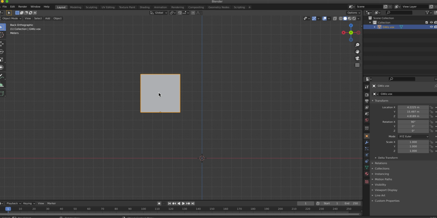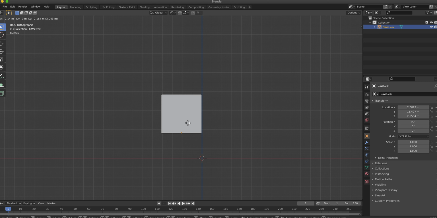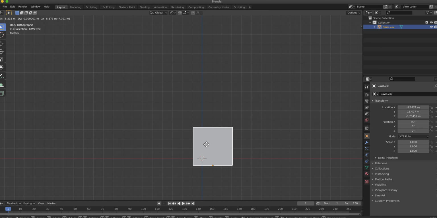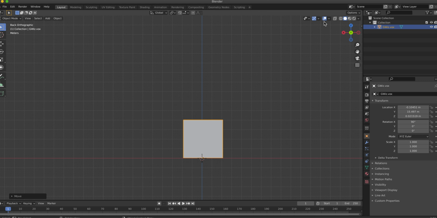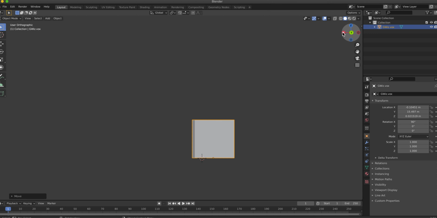And I'm going to press the G key to grab it. Think about that. G, grab. And then I'm going to move it. And there I go, I move it, and I put it on top of the red line. And that's good enough. Now I'm going to click on the red dot in the upper right,